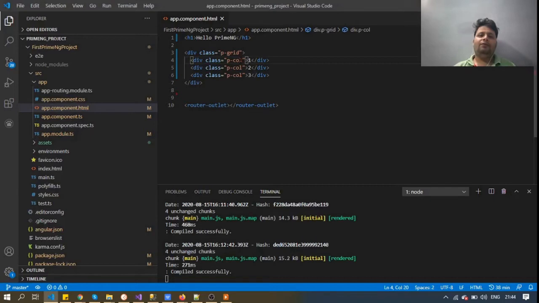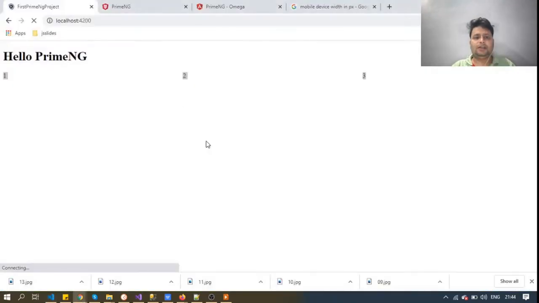If we want to create a grid with different parts, like different columns, we have to write p-col-number of columns. So the first div contains 2 columns, the second div contains 8 columns, and the third div contains 2 columns, right?